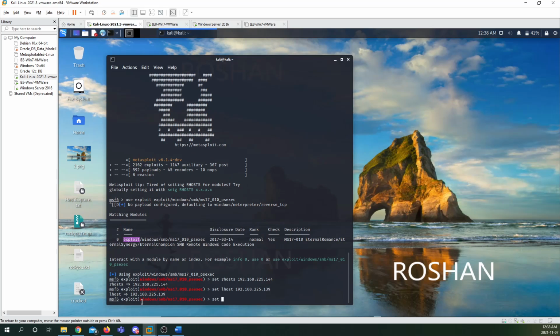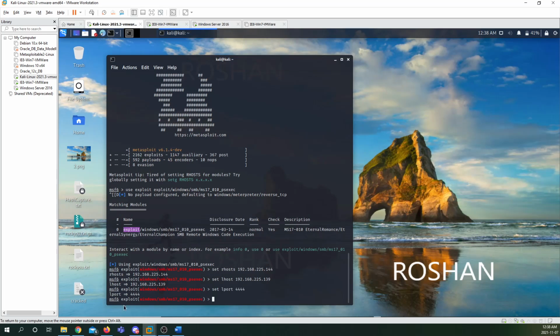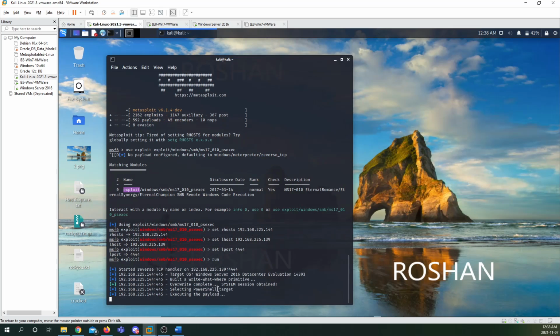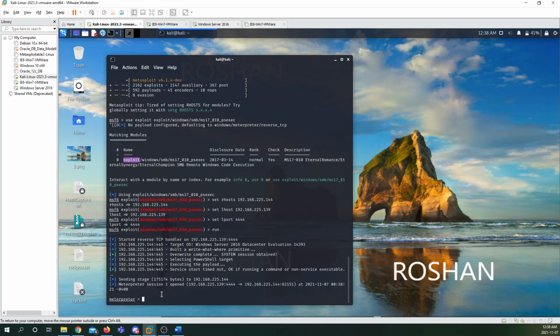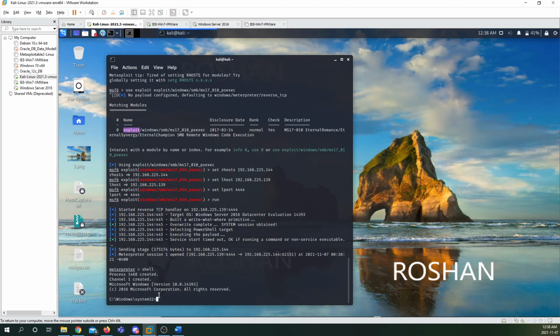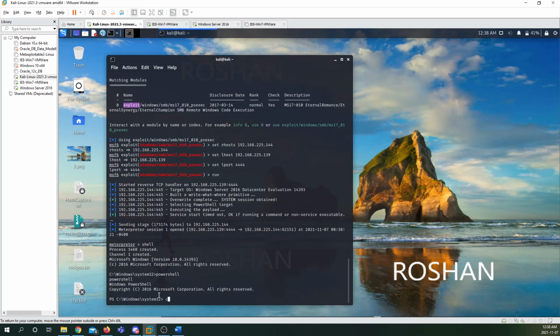Then I'm going to type my lport, which is 444, the listening port that I'm giving. So we can give any port here. So I'm running the exploit. So this will create a Meterpreter shell. Okay, so after the shell is opened, I'm going to type shell to open my CMD, then PowerShell along with that. Okay, I'm going to type powershell,